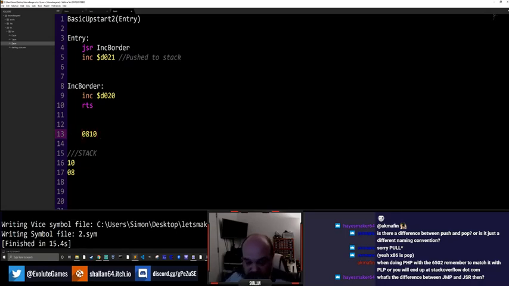And I'm now going to jump to those. And that's essentially what RTS is doing. It's saying jump to the value that's at the top of the stack. So you can think of jump to subroutine as a jump that is waiting for an RTS. So this is a jump, but store